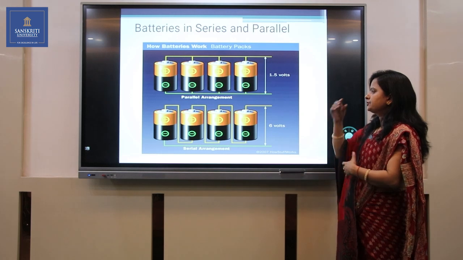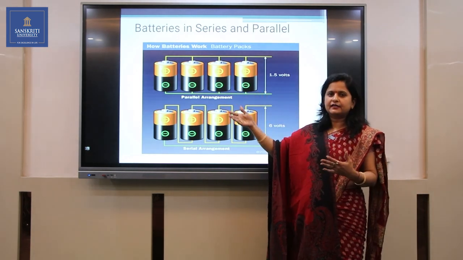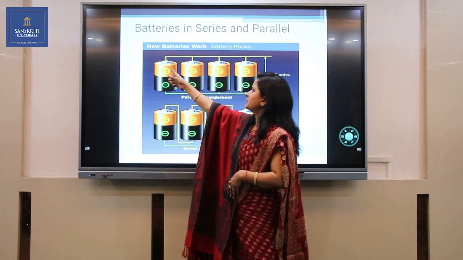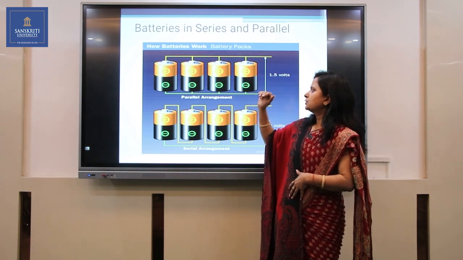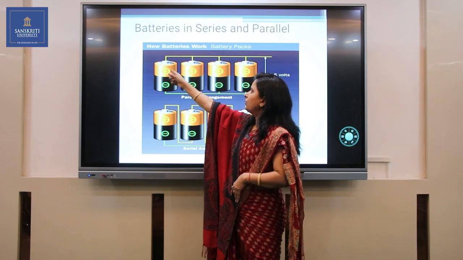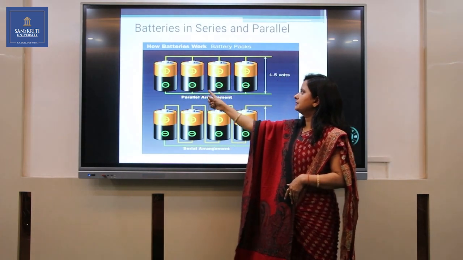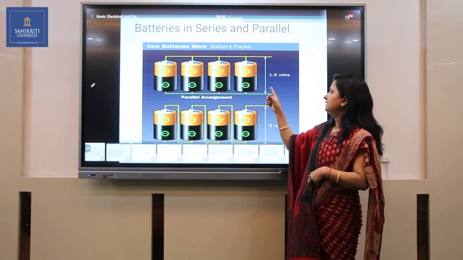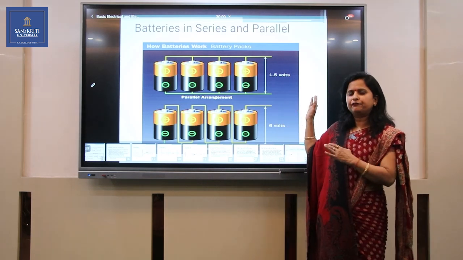So in continuation of this, we can see over here these are DC batteries or cells. These are batteries of 1.5 volt each, right? If these 1.5 volt batteries are connected like this, with all the positive terminals connected together and all the negative terminals connected together, so we are having two terminals, one positive terminal and one negative terminal, the resultant voltage will be 1.5 volt.